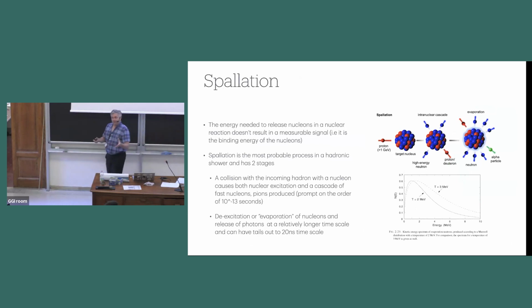Rather than immediately having an interaction, it excites it to some excited state, and then it sits around for a little bit and then decays. So while the prompt part of that, from the strong interactions, is basically instantaneous on our time scale, it happens. Pions are produced at least on the order of 10 to the negative 13 seconds, which on these